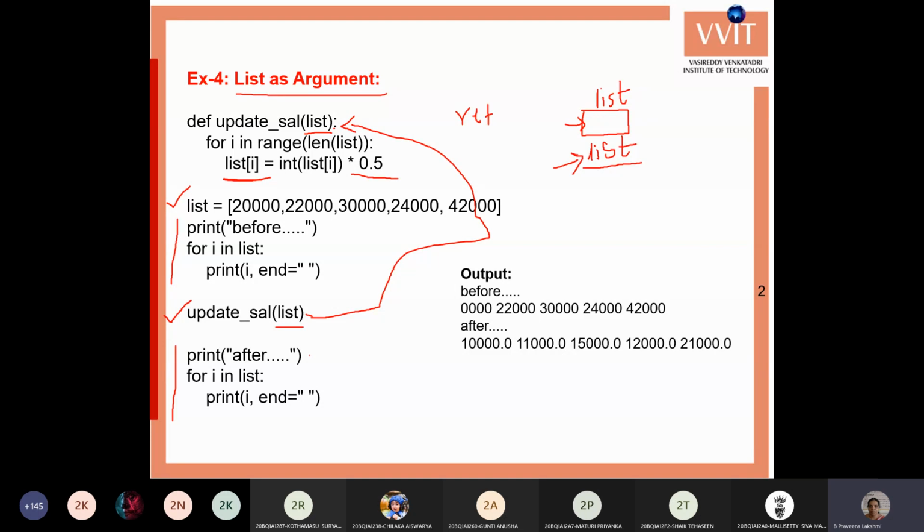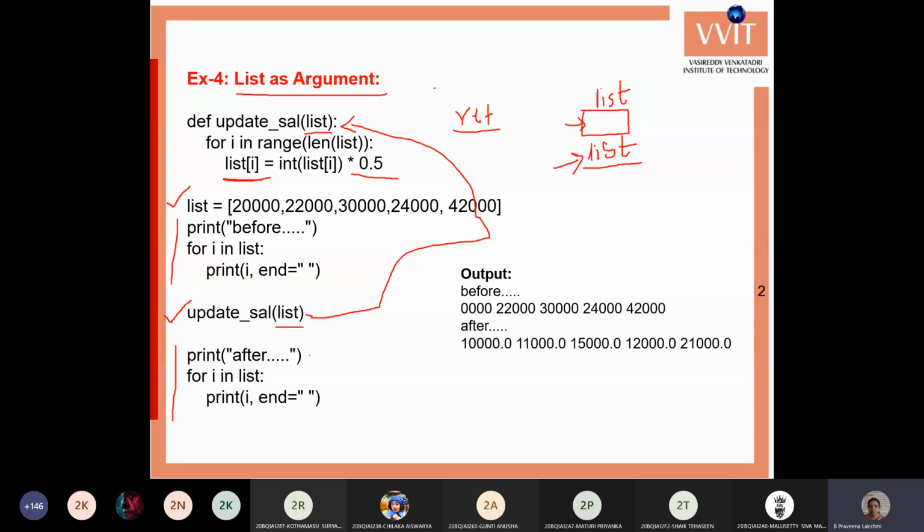Just like when you call a person by two names, for example if the person's name is Raj Sharma, if you call Raj, it is the same person, and Sharma is also the same person. The person is the same, but has two names. In the same way here there is only one memory location, but it has two names. Those are called reference variables. This is the default in Python for list, set, tuple and dictionary.